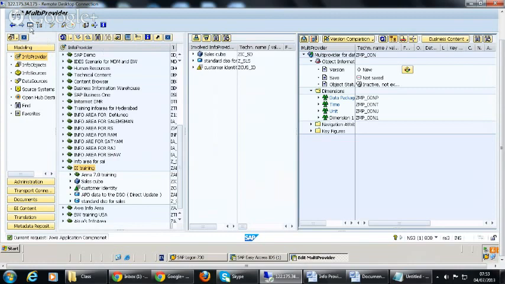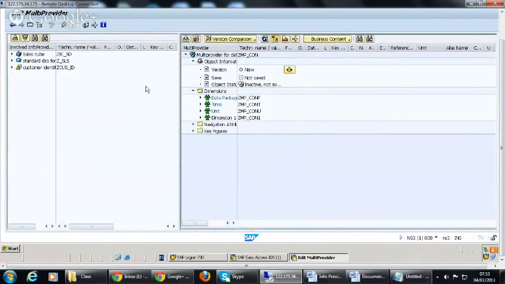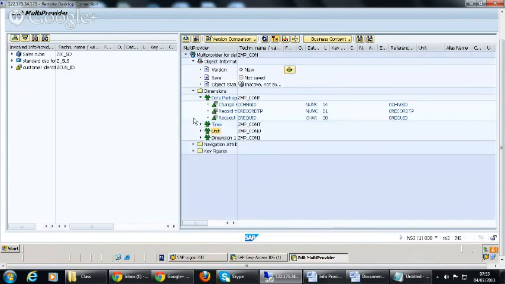So here in this area, you can see this is the same layout as InfoCube. While creating InfoCube, we have seen these three dimensions: data package dimension, time dimension, and unit dimension.